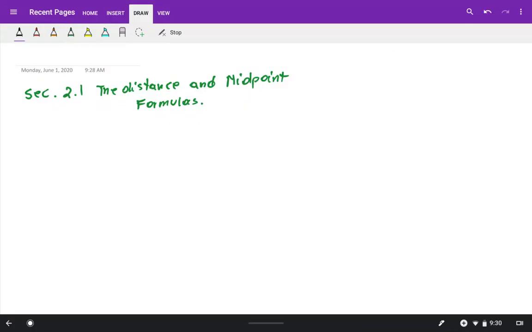Okay, hello guys, so this is section 2.1, the distance and midpoint formula. And first we're going to start with the definition of the distance. So the distance between 2 points